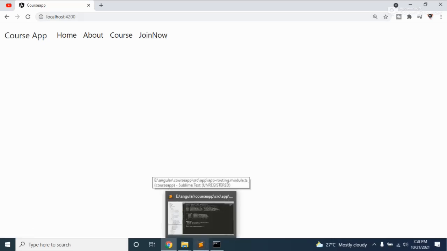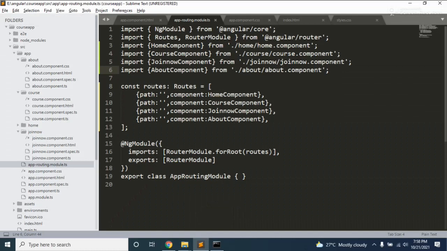Now you can see there are no errors in my application. What should happen when the user clicks on this and this and this and this? It should change the component URL, right? So I'm just going to do that. We need to move towards adding the navigation.